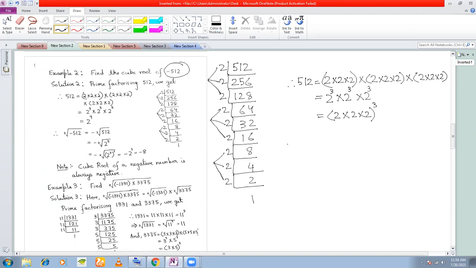So therefore, when you are finding out the cube root of a negative number, the cube root of a negative number will be negative. So you can take the minus sign out of this and write this as minus cube root of 512. Remember, this is only applicable for cube root. This is not applicable for square roots. Is that clear? This is only applicable for cube roots and not for square roots. Is that absolutely clear? Yes, sir.